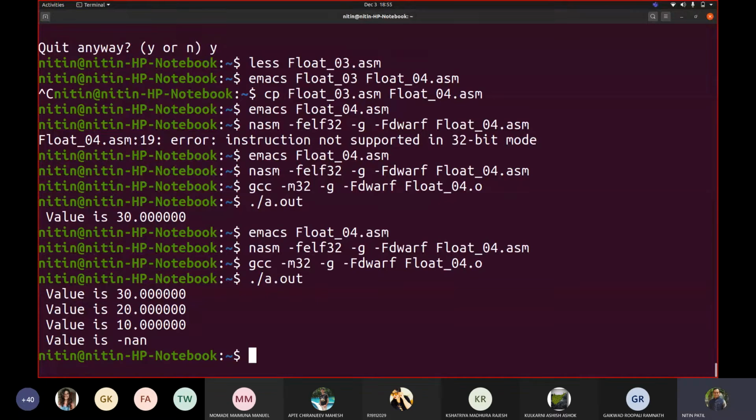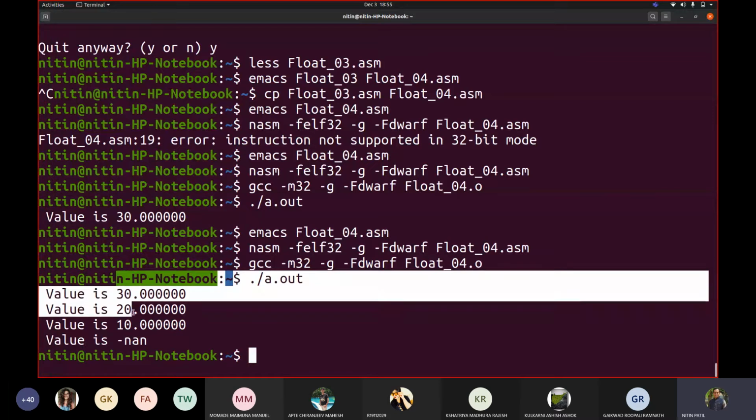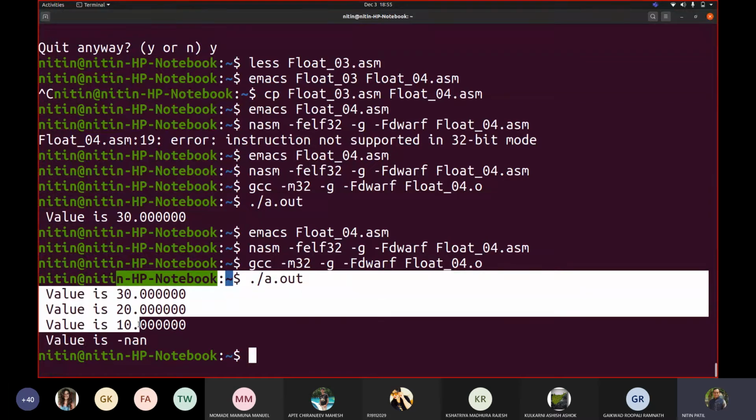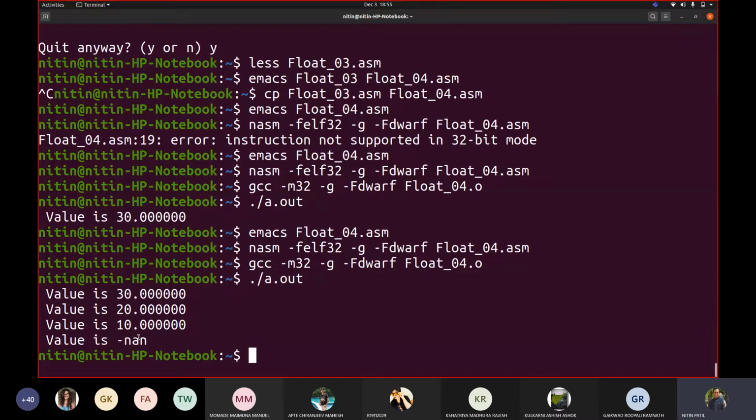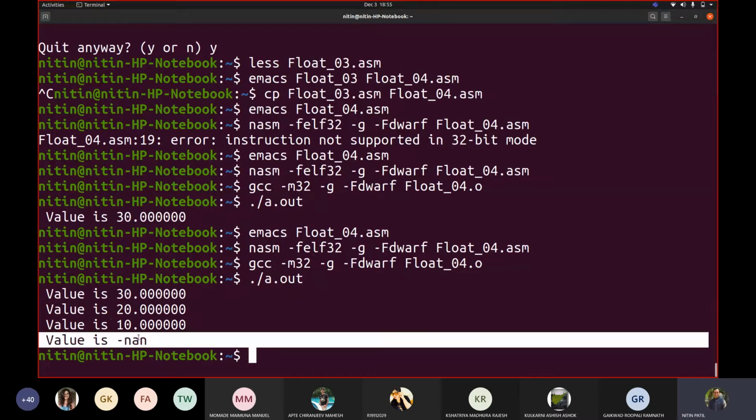Now we saw that when we tried pushing more than 8, it gave us a NAN error. Now when you are trying to pop when there is nothing, since you said fstp, these values were popped already. Now there is no value remaining in the stack, but you are still trying to pop the value. That's why it said NAN. Because how many prints are there? We have included 4 prints. Fine. Let us see that.